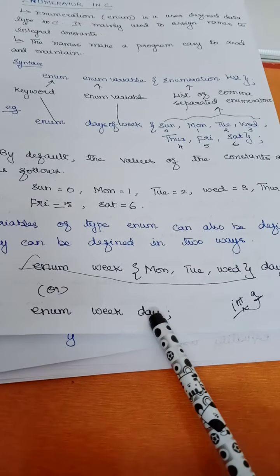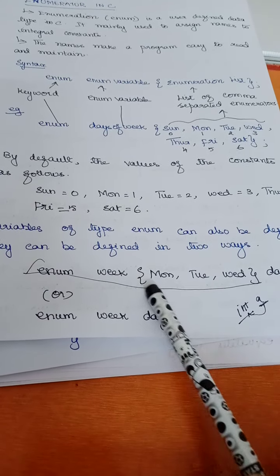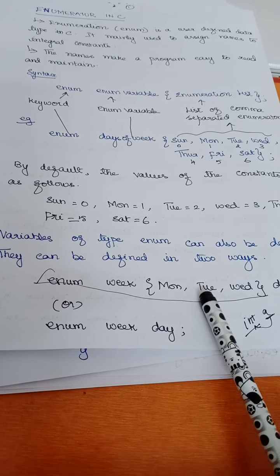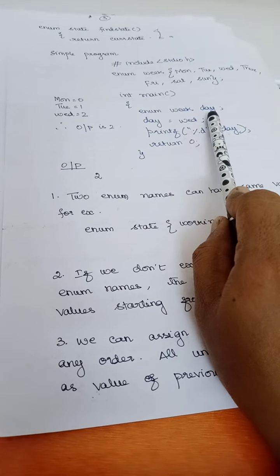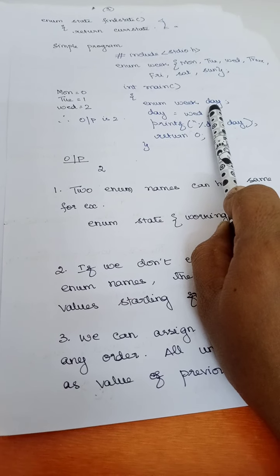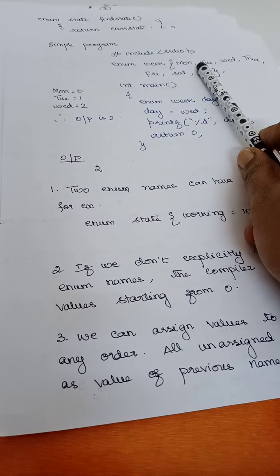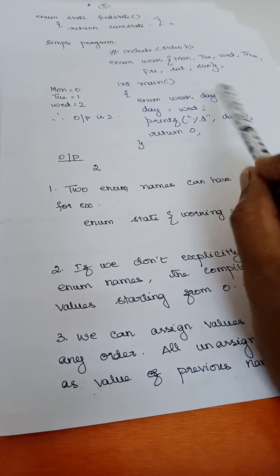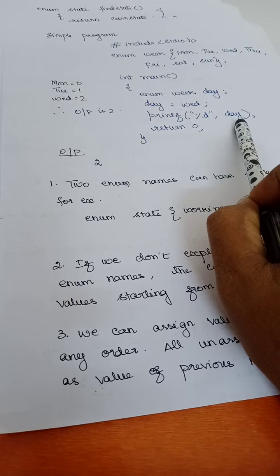Here I can declare a variable, and to this variable I can assign any name from the enumeration list. So that name will be automatically assigned the value. That is what we have seen here. So here I have declared enum weekday, and an enumeration variable day equal to wed. Here I have assigned the enumerator from here, and the value of wed, which is 2, will be printed. If you want day equal to mon, then 0 will be printed, right?